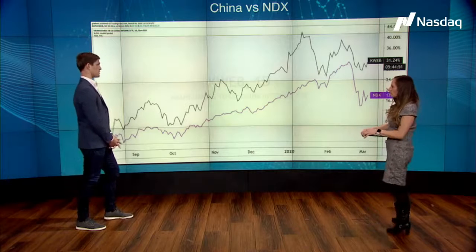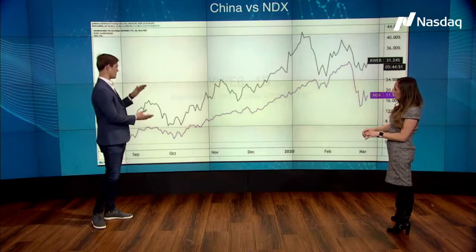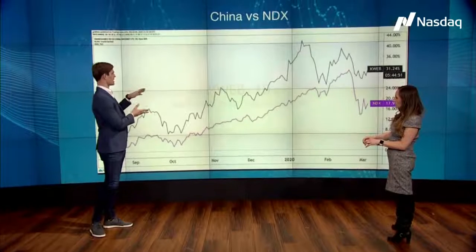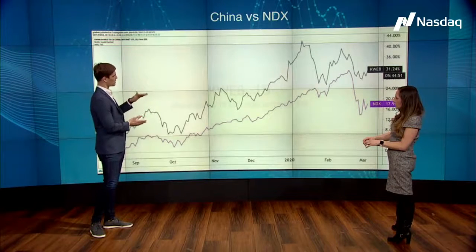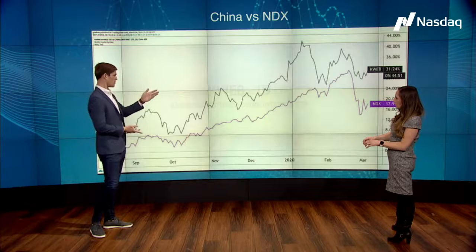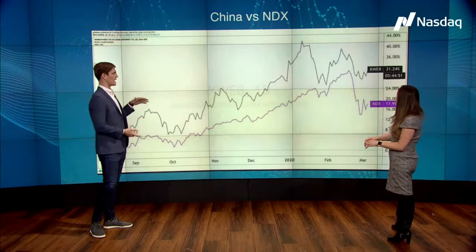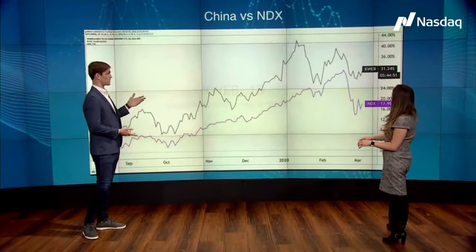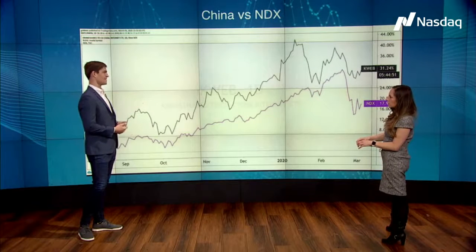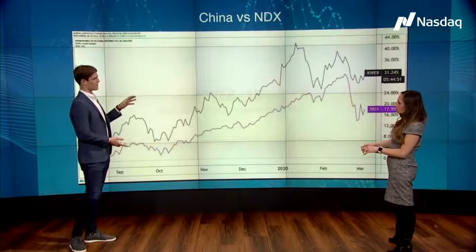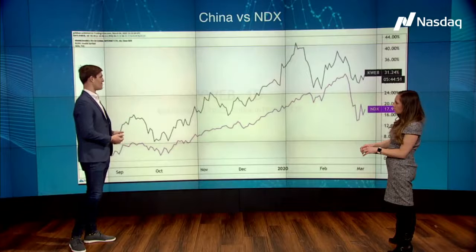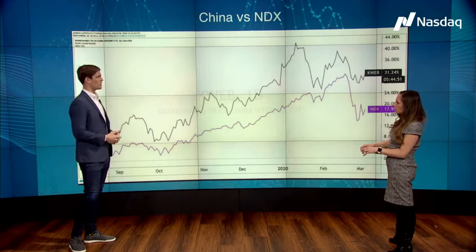Yeah, this is a huge divergence that we don't see very frequently. Usually the two run in a similar band, because China telecom and e-commerce closely follows the US. You can see here, based on the NDX divergence, that China really hasn't priced in what we think coronavirus could be doing to the local market. This is a trade where we see either a convergence back to the norm or China potentially falling quite a bit farther. The lack of China really pricing this in suggests to me that there's something going on with local demand, or it's just not really being bought by the larger market story.